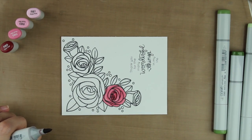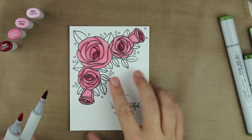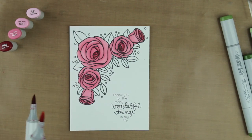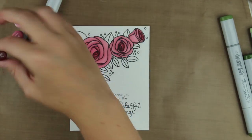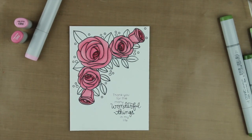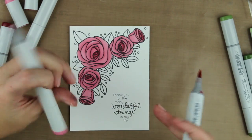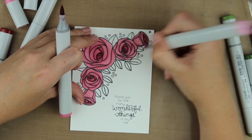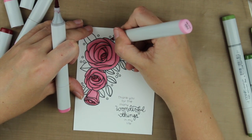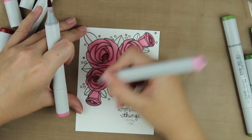And there the flowers are finished, but before I put my pinks away, I am going to use some of them. I'm not going to use the darkest and I'm not going to use the lightest, but I'm going to use the two middle ones, and I'm going to color some of these dots in, or all of the dots in, but with the two different colors, so that they will be...